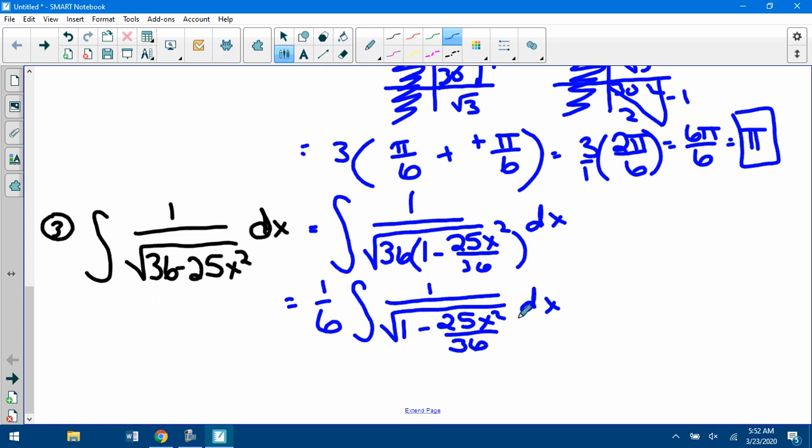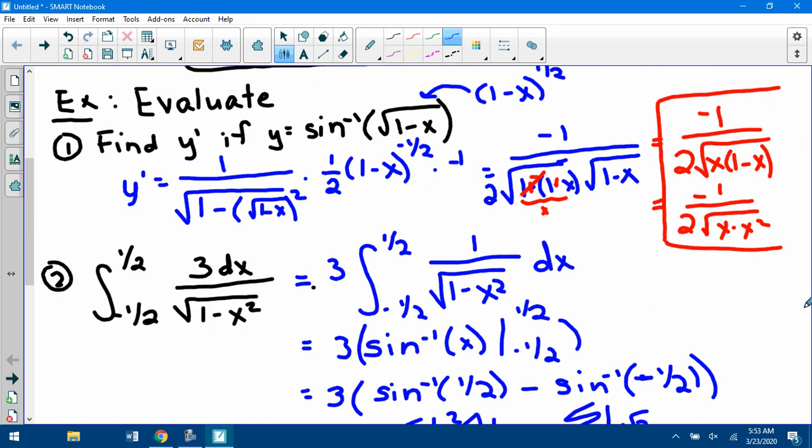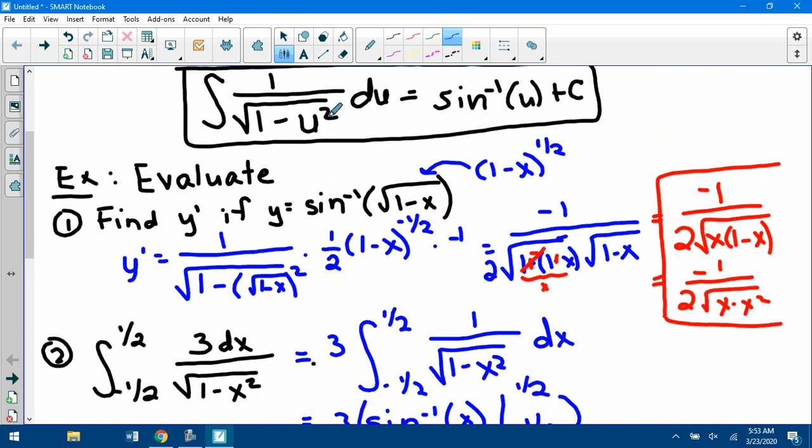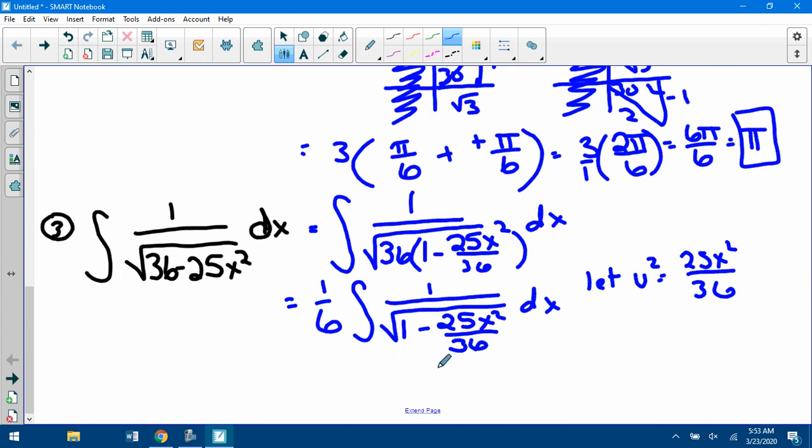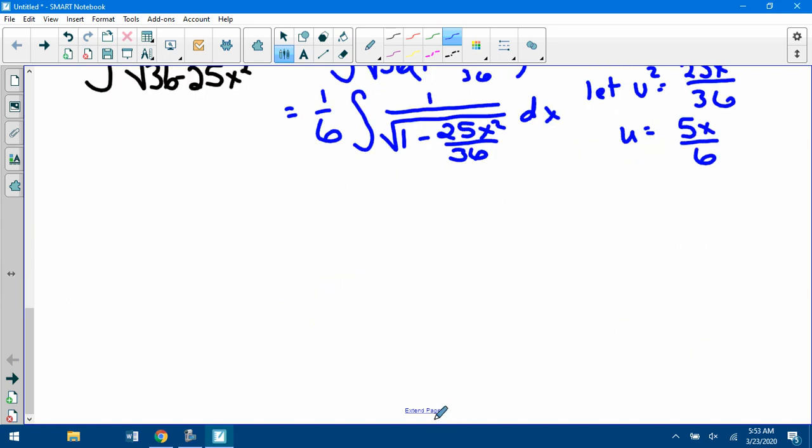And so we did a weird kind of u sub. What did I let u equal? It's kind of a trick question. I didn't let u equal anything initially. I let u squared equal this piece over here. Let u squared equal 25x squared over 36. Because remember, I wanted to end up with u squared in that bottom right spot. So let's just make that u squared. So what does that mean for u? It means that u would be 5x over 6,